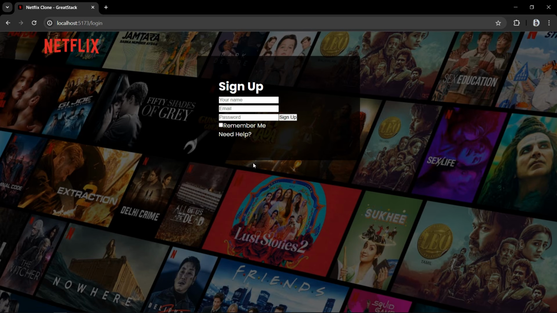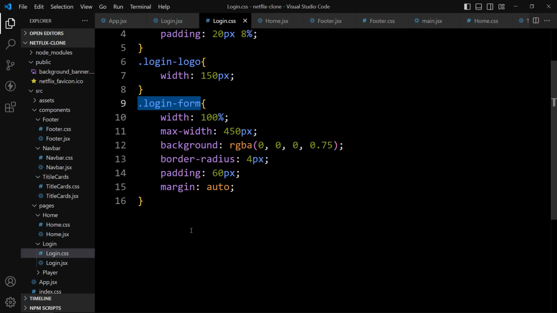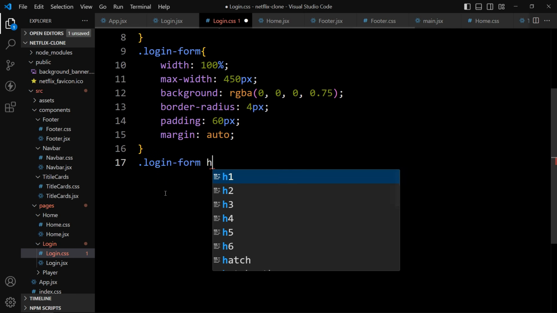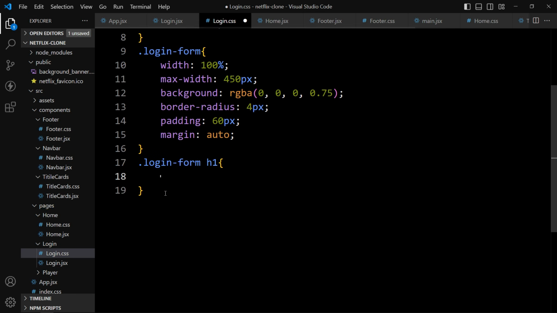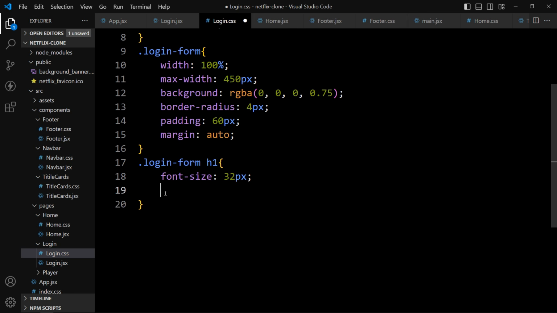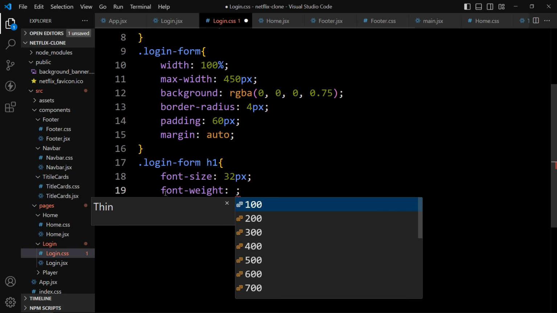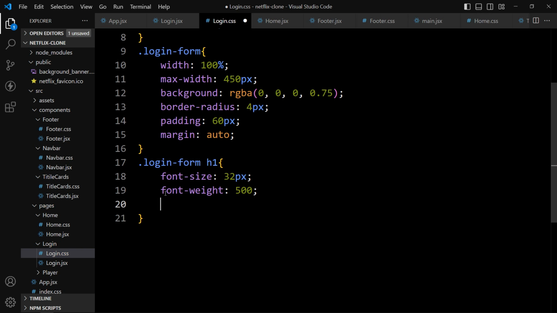Now we'll add the CSS property for this title and input fields. So just come back. We will add this login form, then write h1 for the title. Just add the font size of 32 pixel. Then we will add the font weight 500. Then we will add margin bottom 28 pixel.